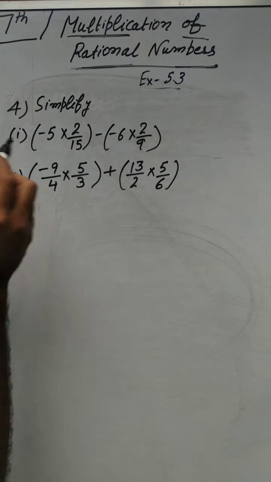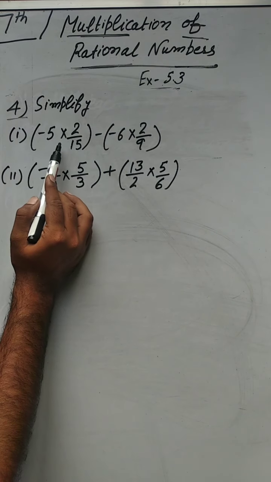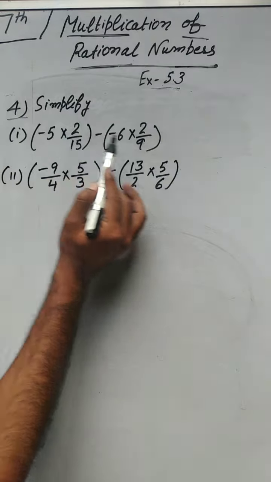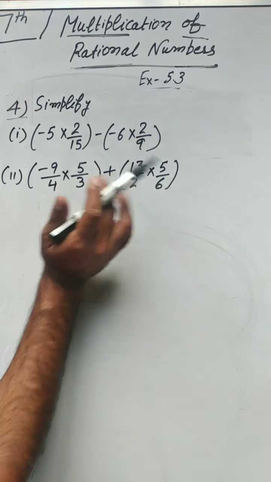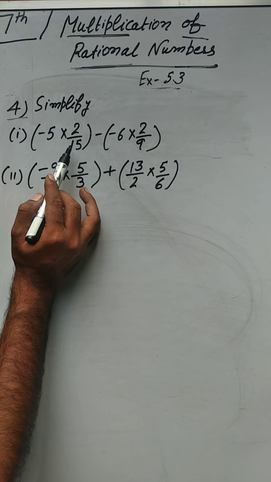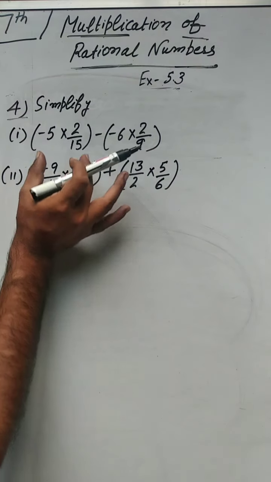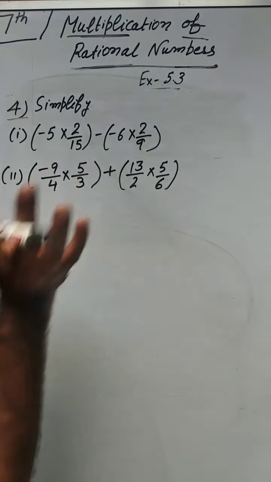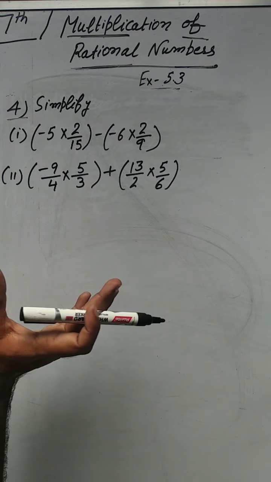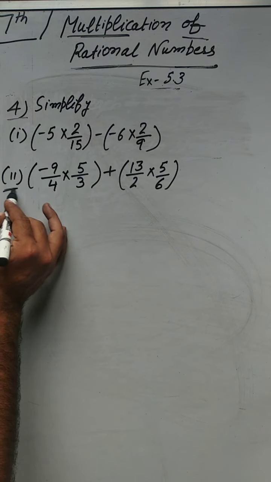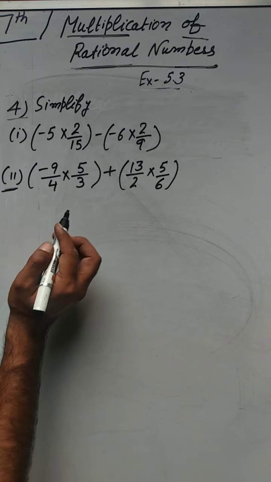Yes beta, question fourth. Simplify. First part, beta, look here, multiplication and subtraction. It means there are two operations. Firstly you will solve the multiplication, it means you will solve the bracket, okay. Then whatever the result is here we will subtract them. You know, very easy, you know how to subtract two rational numbers. And the second part, first you have to try by yourself. I will explain part second here, beta.